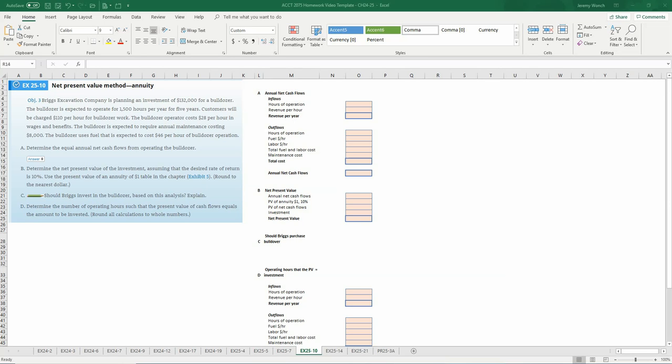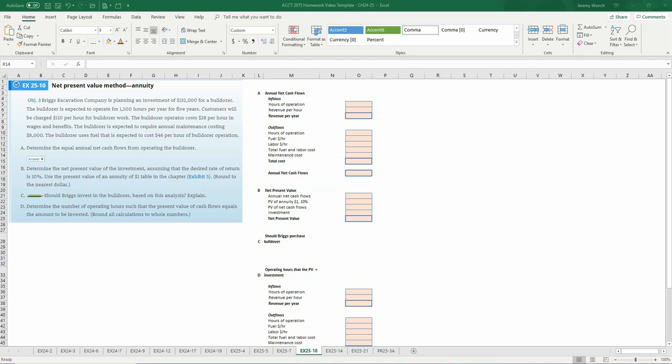Example 25-10 is a net present value method with an annuity. So it's just payments year after year. And so this one we have Briggs Excavation Company is planning an investment of $132,000 for a bulldozer, and they're